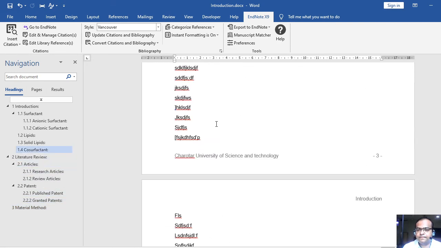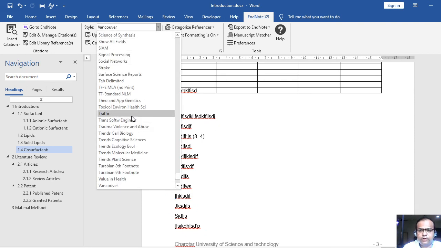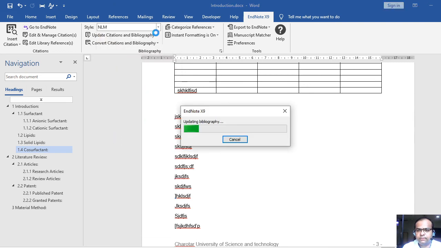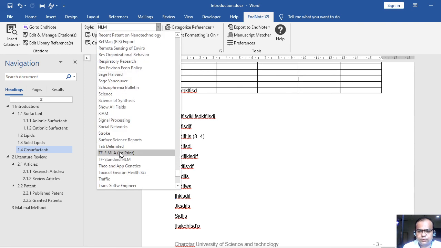As soon as I select it, it will update my reference styles. And let me just show you. It is already in Vancouver. Let me update it to NLM or some other style. Just 1 minute.